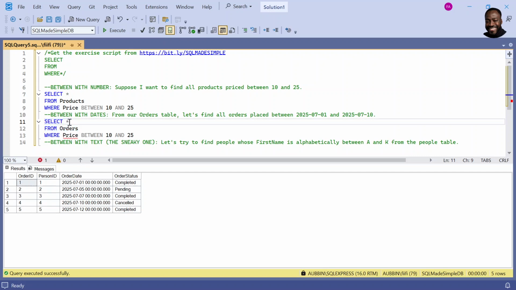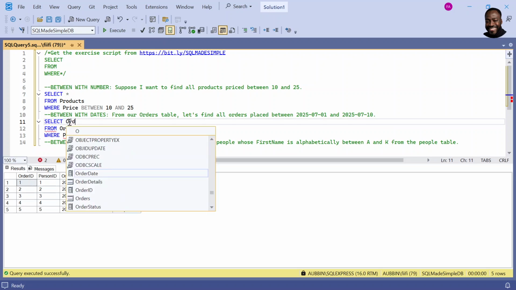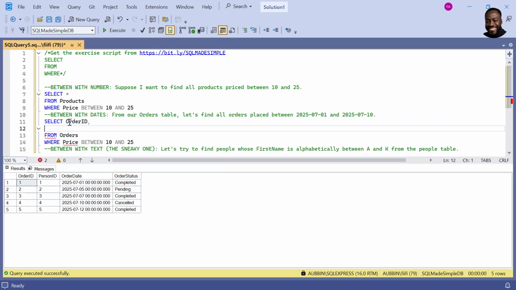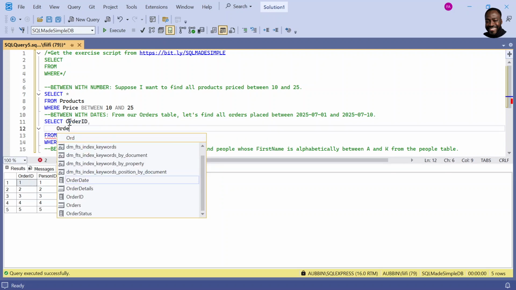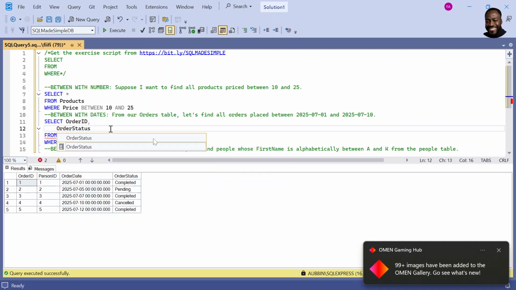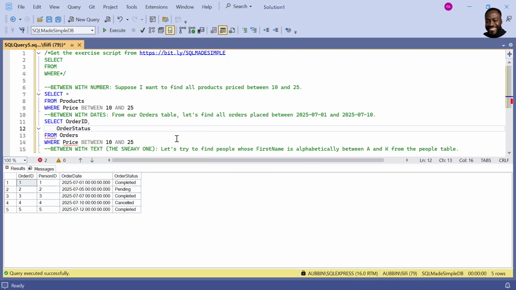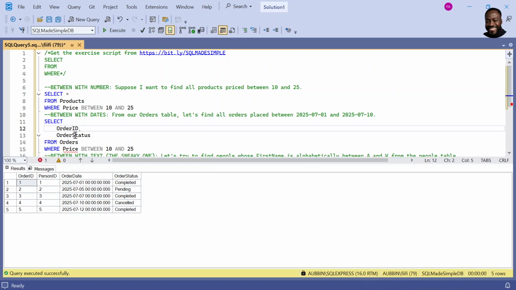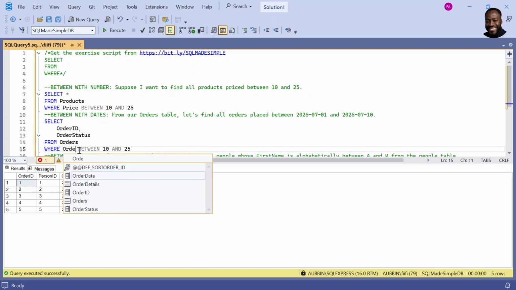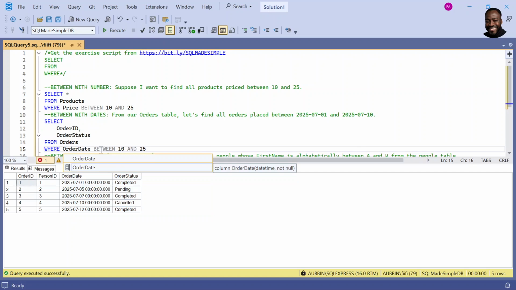What I want us to do is to select the order ID and the order status. These are the two columns I want to select from the orders table. And I'm filtering using the order date. So order date BETWEEN